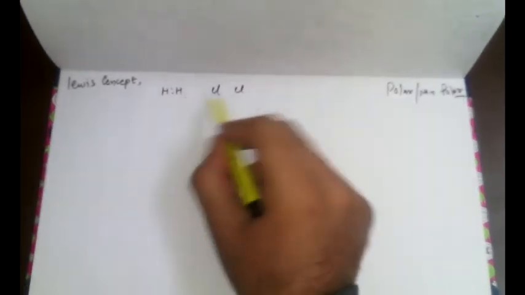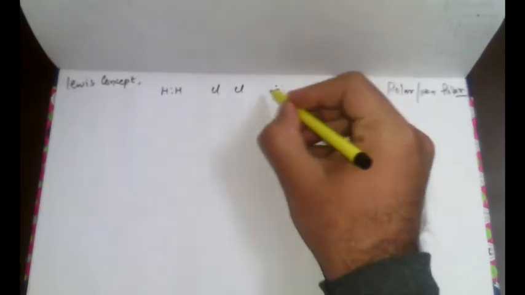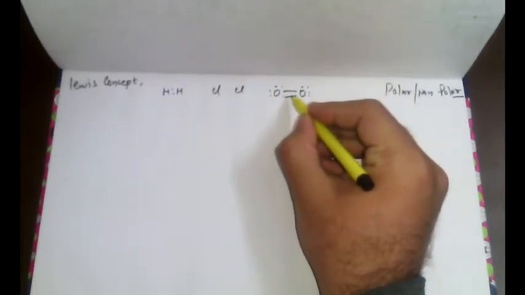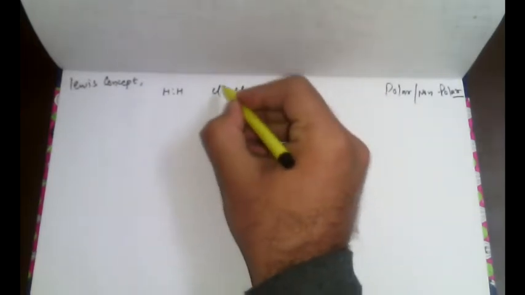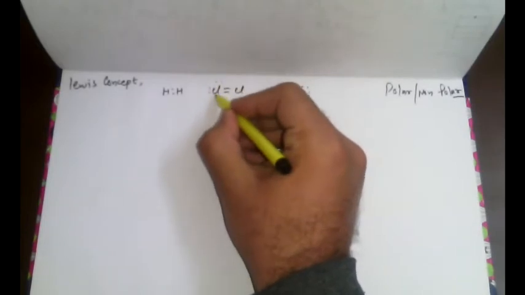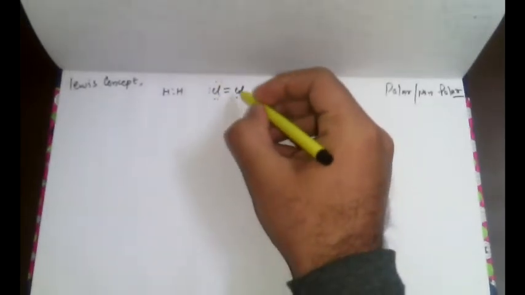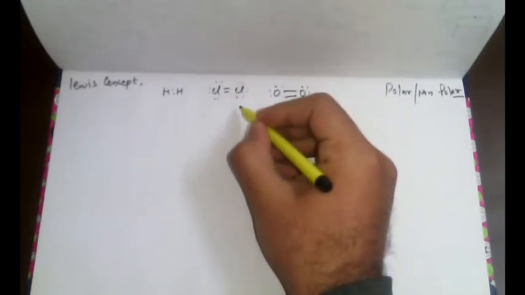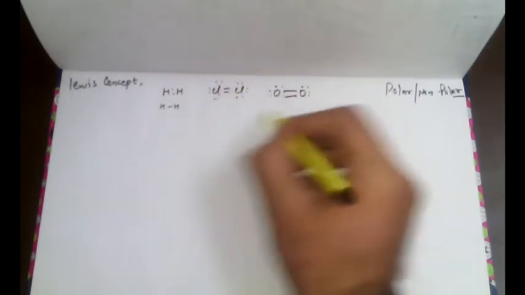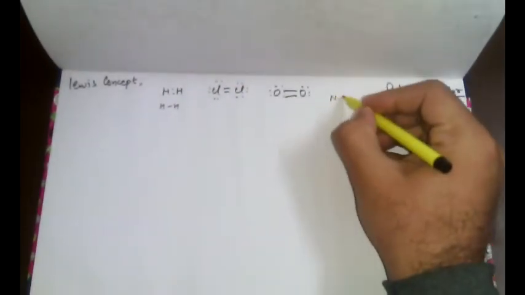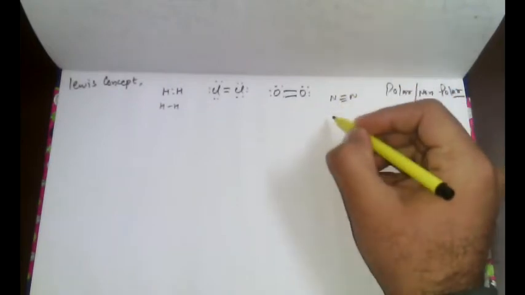Here we have discussed two examples, but there are so many examples in chemistry. If we have oxygen, these two oxygens have a double bond by sharing their electrons, and both have the common center. Since both atoms are of the same type, there is no polarity, that means no positive or negative sign will develop on either of the atoms. Here is a single bond, here a double bond, and here is also a double bond. When we talk about the triple bond, we have the example of nitrogen.